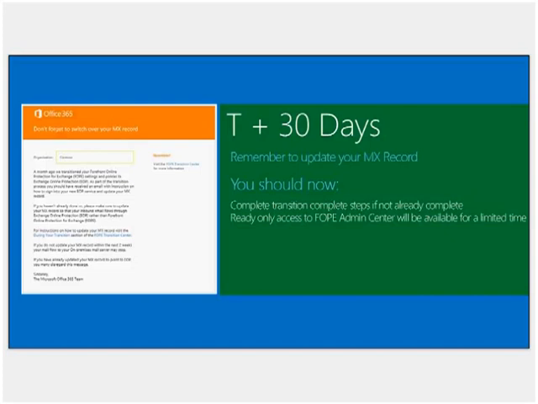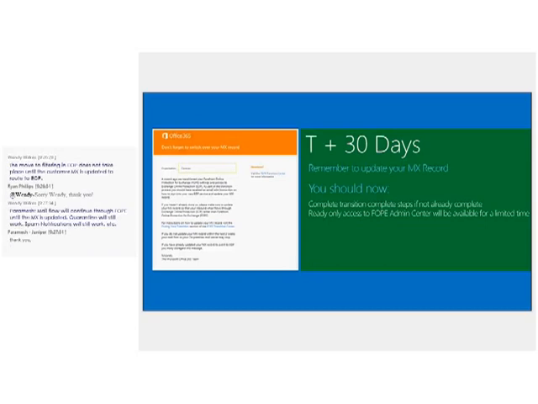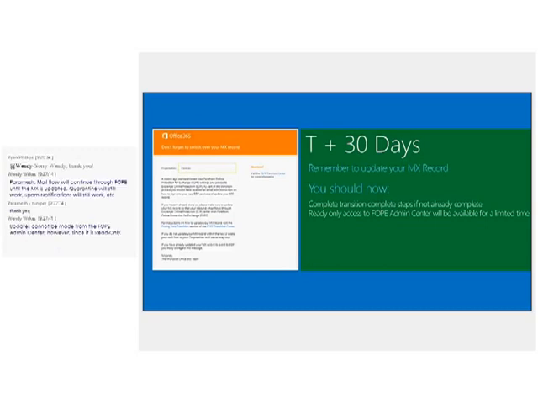What happens if I don't update my MX record? So for 30 days, email will still get routed through FOPE. Once you make the switch to EOP, once MX is pointing to EOP, only then will you start leveraging the features within the EOP service, and mail will flow through the EOP standalone service. After 60 days, we cannot guarantee you a continuous mail flow, and it's highly recommended that you go ahead and flip your MX over to the EOP service well within that 30-day time frame.